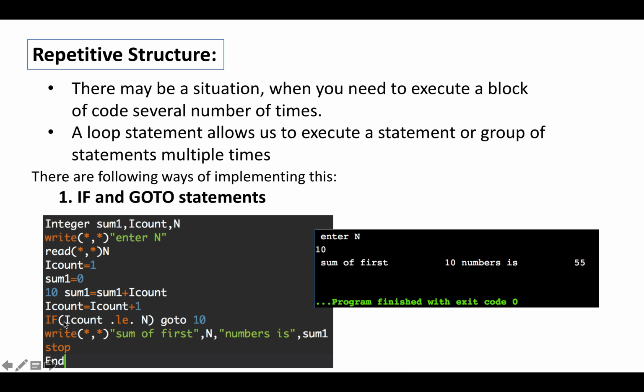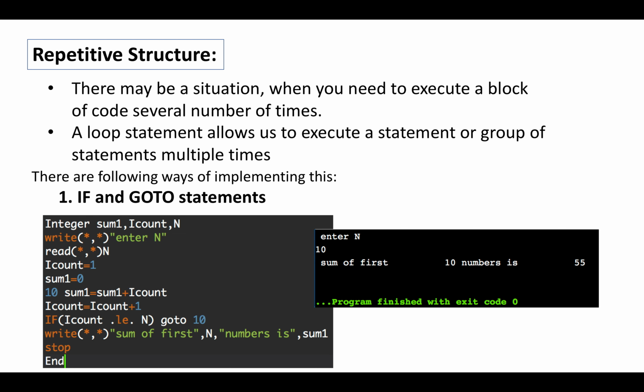In this case, it will check if 10 is less than or equal to 10. Yes, this time it is also true. Again it will move to label number 10 and sum the number. Finally, icount becomes 11. Now it checks the condition: if 11 is less than or equal to 10, it is not true. It will move on to the next statement. Sum of first 10 numbers is 55. Stop the program. So by this combination of if and go to, we can repeat a certain set of statements for